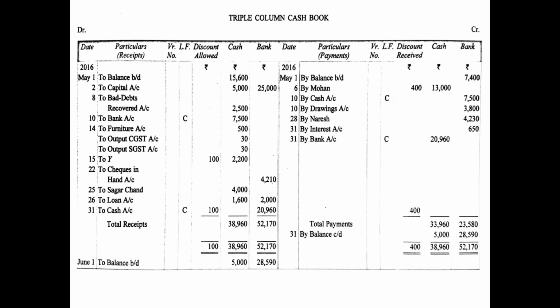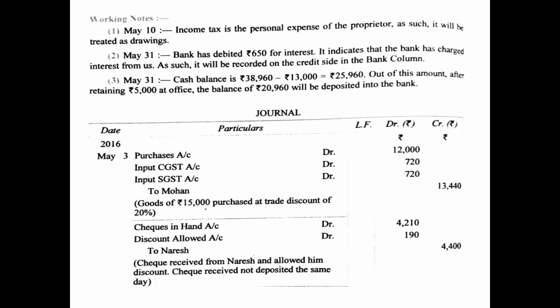First, normal transaction, and second, the remaining balance which we have deposited into the bank. Therefore we have again written the letter C in the ledger folio column on both the debit side and the credit side, so as to demarcate that these are contra entries. These are completed here itself, and therefore these need not be opened or passed in the ledger account. So I hope, children, all the topics and the question discussed here are clear to you.